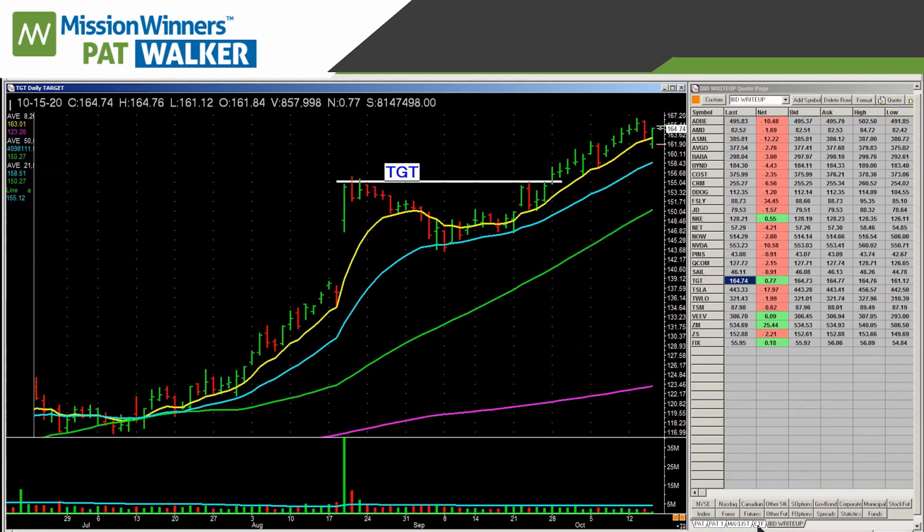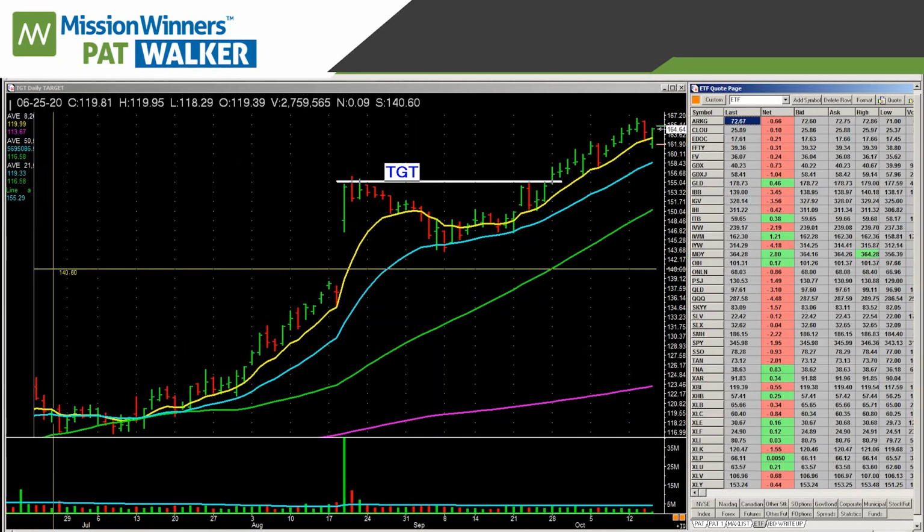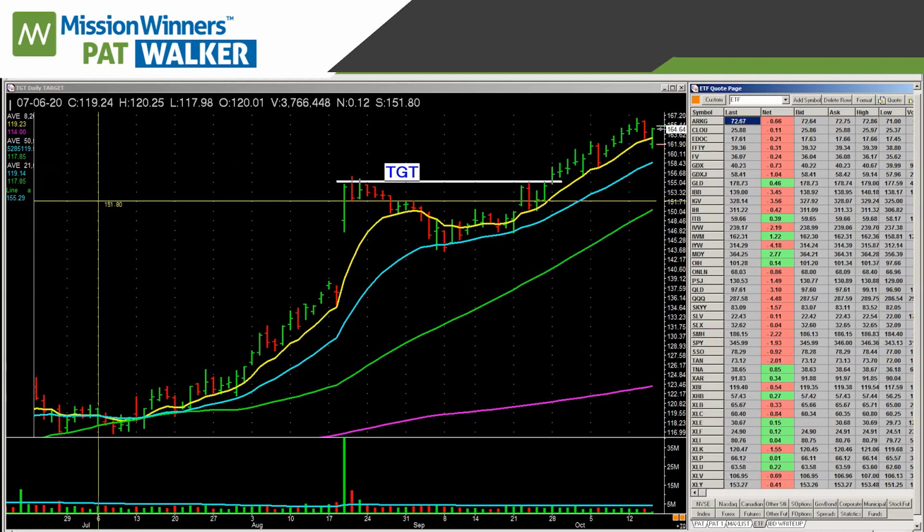Now, let's click on this list. See down here, this tab? ETFs. Let's see what the major index ETFs are doing. Well, here they are. Look at that. And what do you see, folks? I see more red than green. What's it say? Well, it tells us this decline's fairly broad. Do you realize in one second, just by looking at this, you've got a great feel for